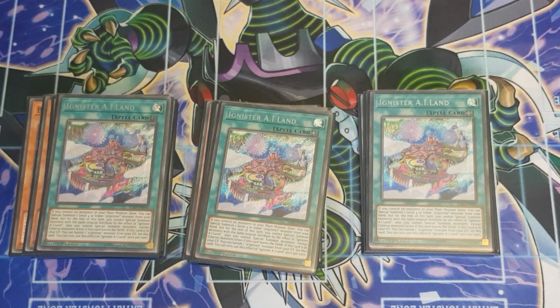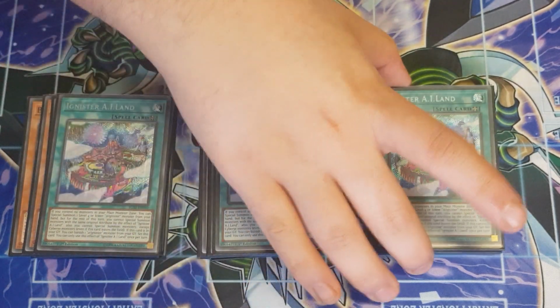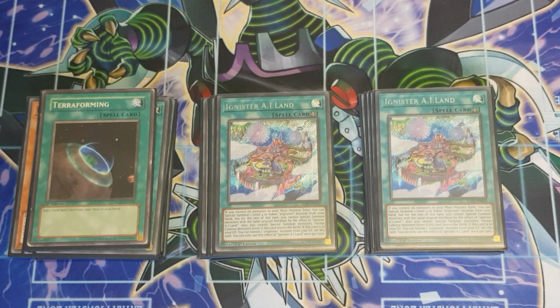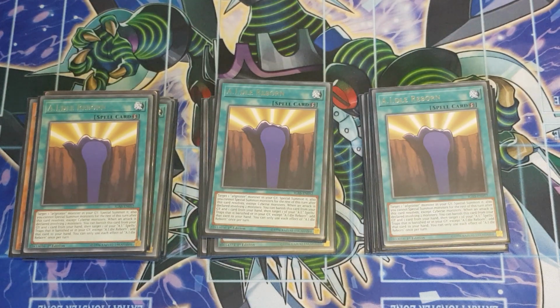However, keeping your hand advantage up is another problem this deck suffers with. And the one terraforming to search your stuff, very important. Triple Idol Reborn. This card's just a Monster Reborn quick play for your Ignista monsters. It can bring back any Ignista monster from your graveyard, and it also has an additional effect that